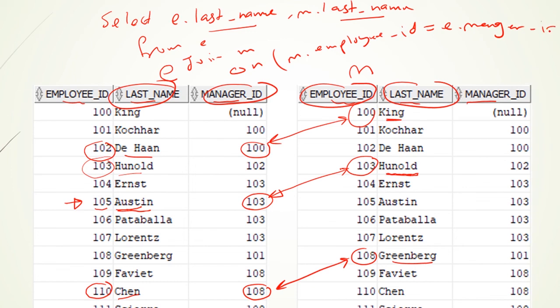But as we said before, this is the same table. This is the same sample of data. We are reading from the same table. So here we can use from employees table and give it an alias E, join employees table and give it alias M. So select E.last_name to retain the name of the employee, M.last_name to retain the manager